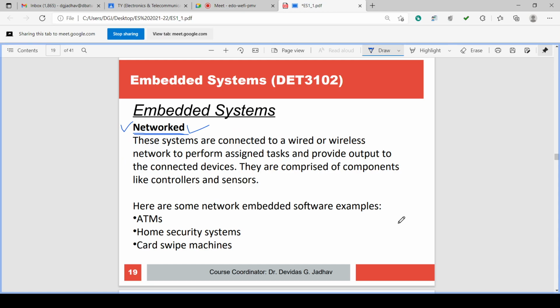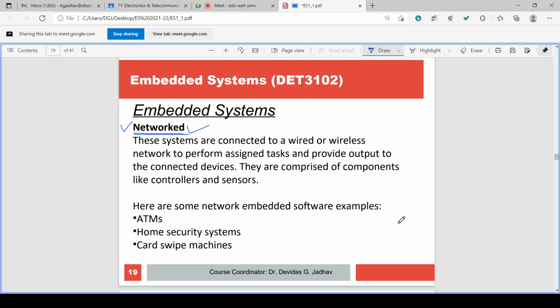The networked systems are connected to a wired or wireless network. So these are called network systems. Wired networks are there, wireless networks are there, and within that network the systems are there. Suppose in industry one local node is there, that node is sensing some parameter like temperature or pressure, and that parameter is sent to the master control. The master control receives it through the wireless or wired system. Then the master control processes the parameters of all the nodes and gives the command to perform some action.